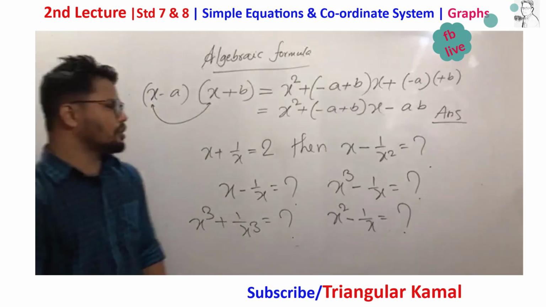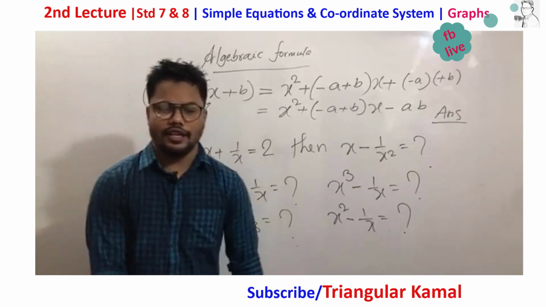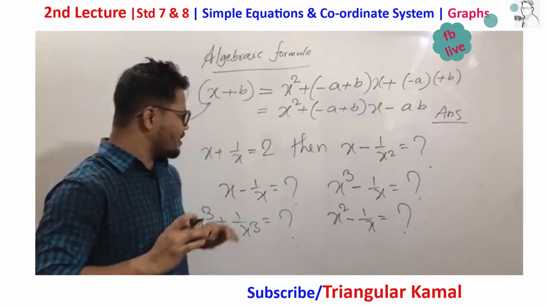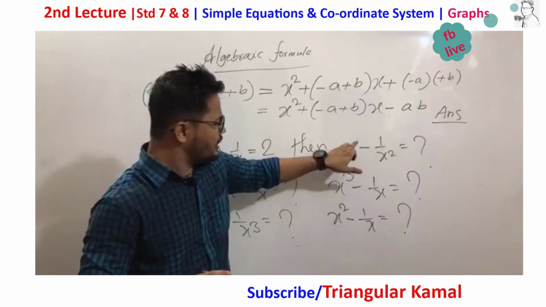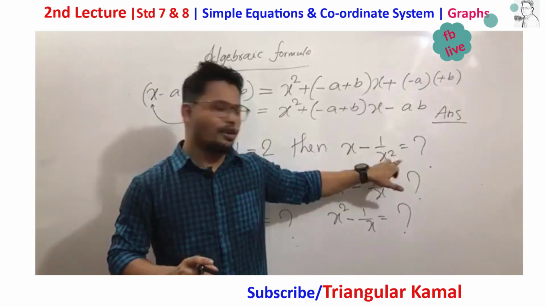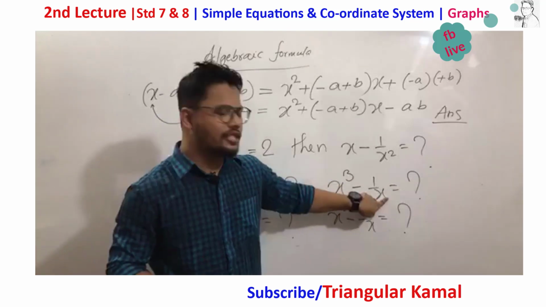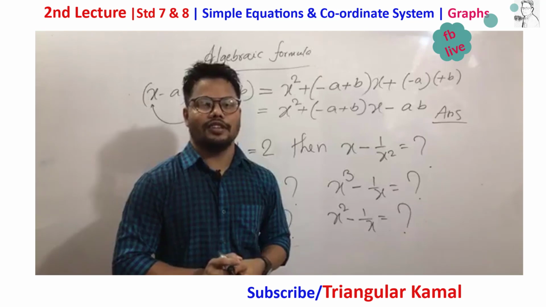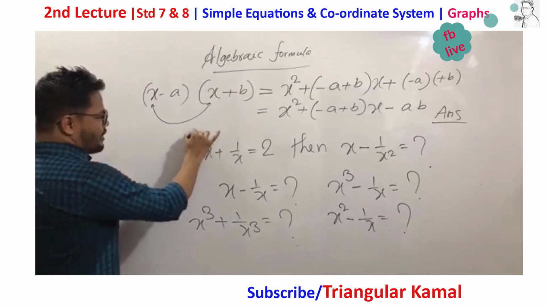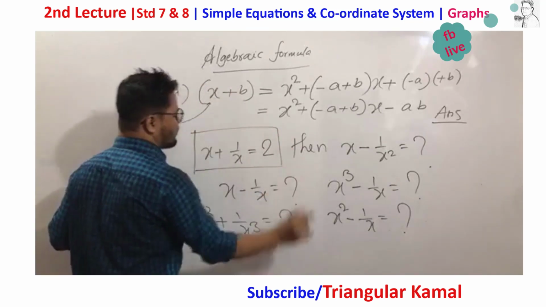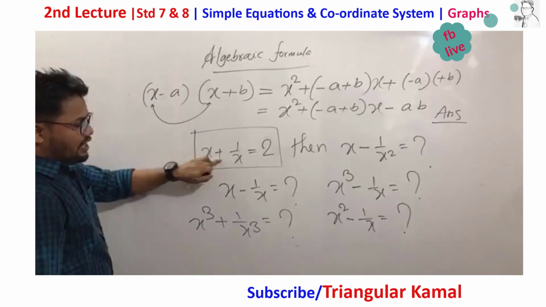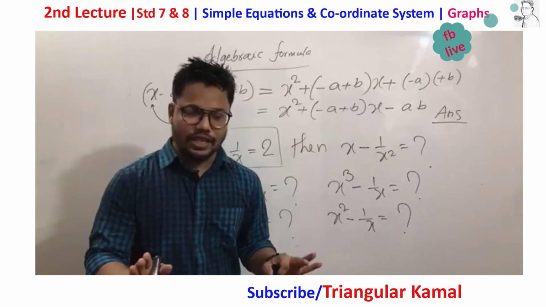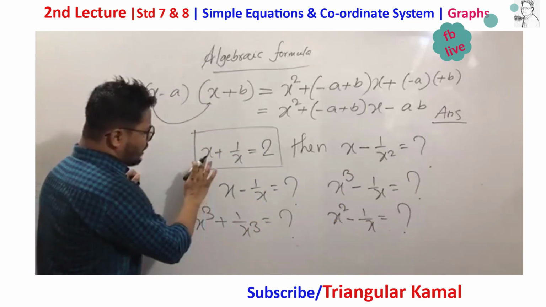These types of MCQ we see in the example, and sometimes you become a little bit angry. Is it really true or false? This is only x, but we see here x square, we see here x cube, we see here x. How is it possible? Definitely it's possible. My dear students, these are very easy questions. This information is given, but the requirement is, in the maximum case, this answer will be, if you write down